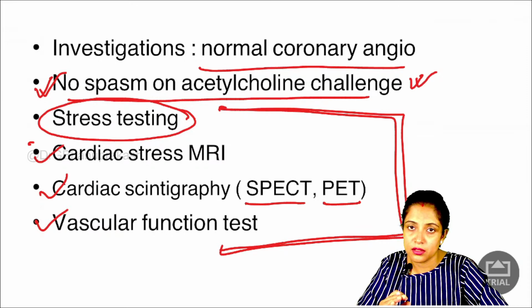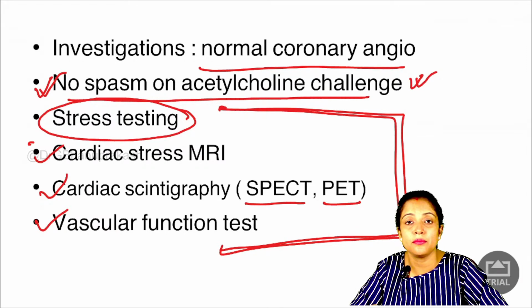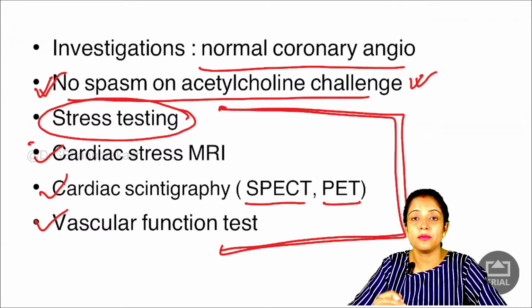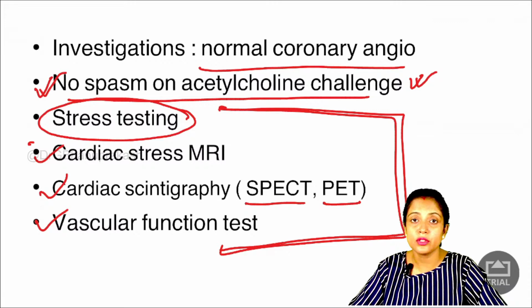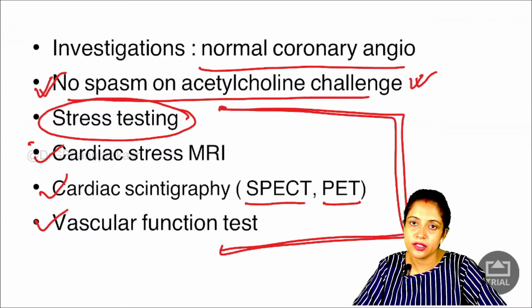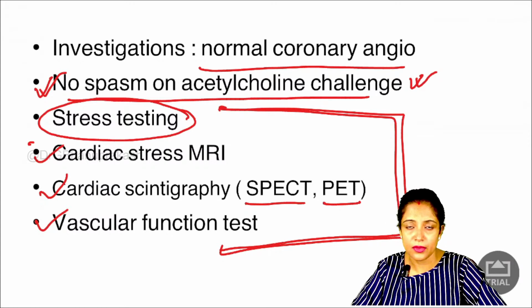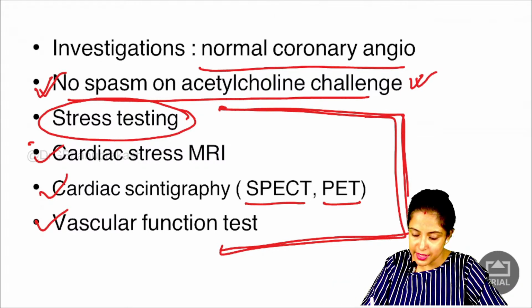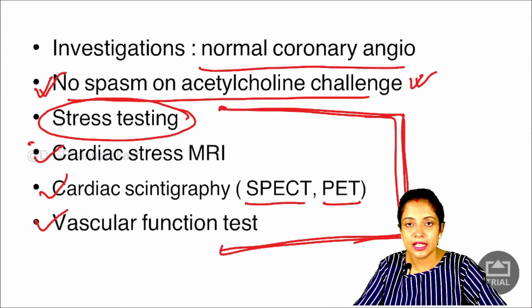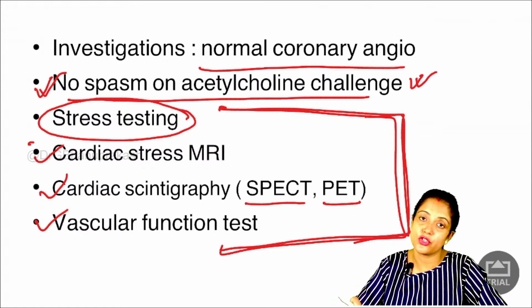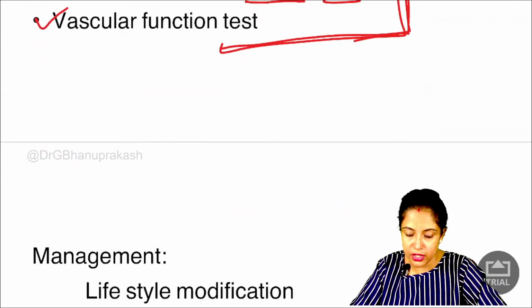Why am I discussing this topic? Many of the patients have microvascular angina, they have recurrent chest pain, but we miss the diagnosis. Why so? Because when we do a coronary angio, there is nothing. When you do an intracoronary acetylcholine test, there is no spasm. We will think that maybe it is a case of non-cardiac chest pain, but no, we should be evaluating with cardiac MRI, stress test, PET scan, vascular function test, to diagnose so that we can treat the patient. So microvascular angina is also very important.